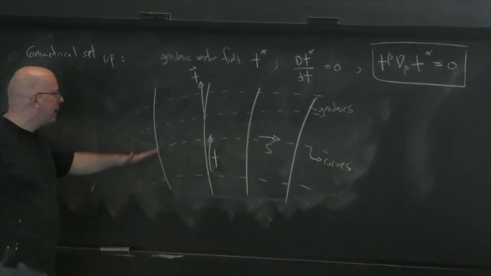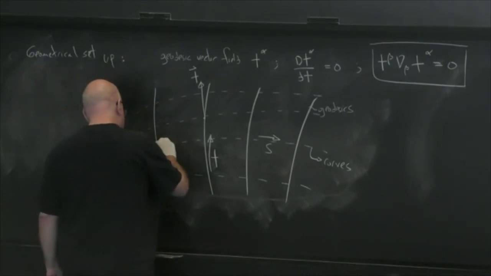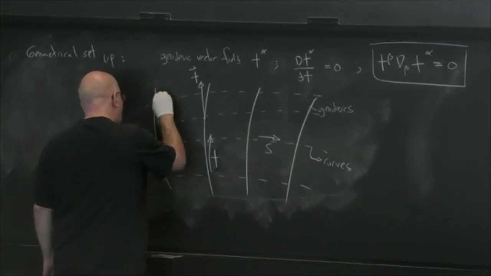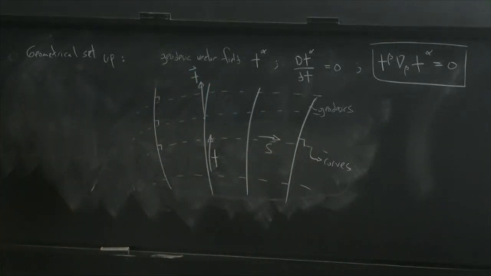I could demand that they cross orthogonally, and that would be a handy thing to do, but I don't really need that condition, so I'm not going to impose that. But if that helps, you could think of them as all crossing at right angles if you wish. There's no harm in doing this. It adds a bit of concreteness to the discussion, but I'm never going to use that condition in the calculation